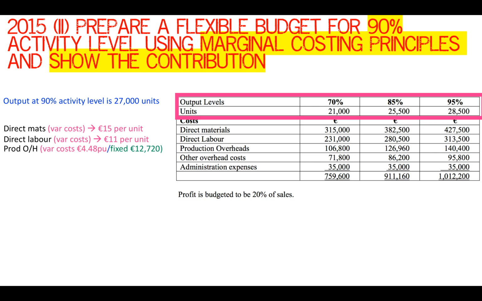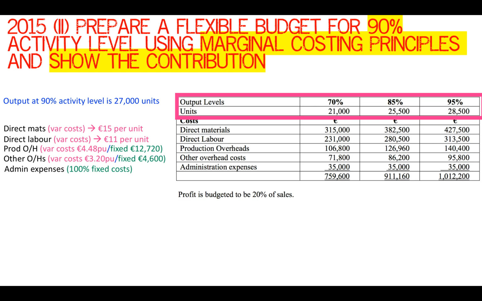Production overheads: we worked out in part 1 that the variable cost per unit was €4.48 and that the fixed element was €12,720. With the other overhead costs, we worked out that the variable costs are €3.20 per unit and that the fixed are €4,600. And then the admin is 100% fixed cost, so it's going to be 35,000 as well